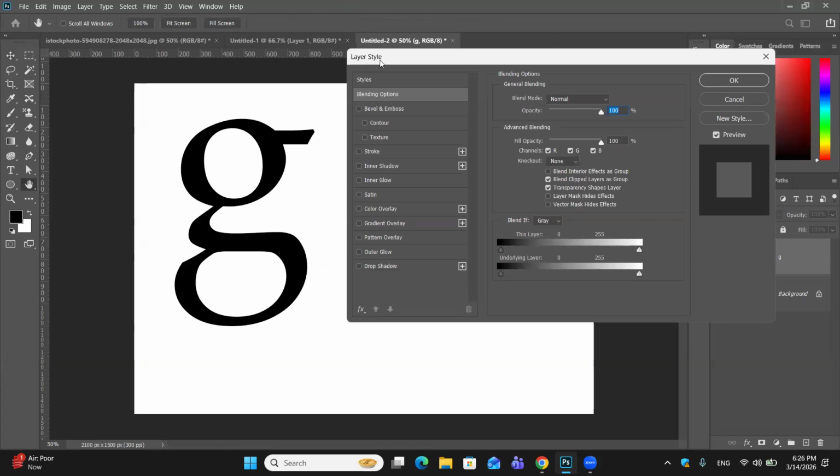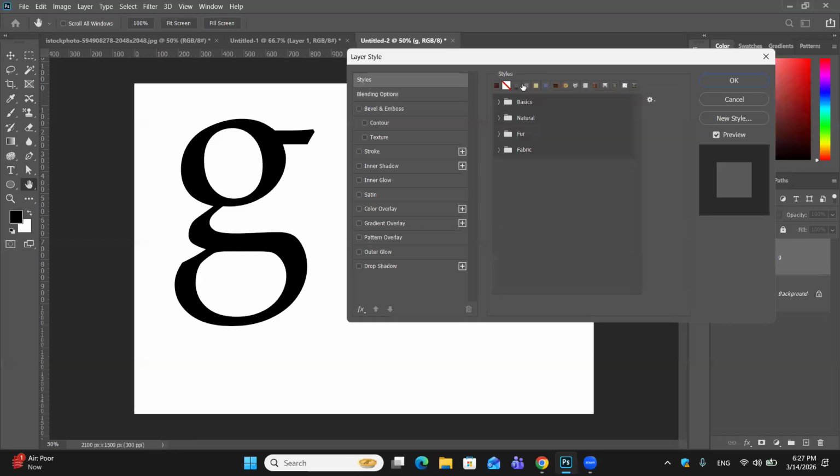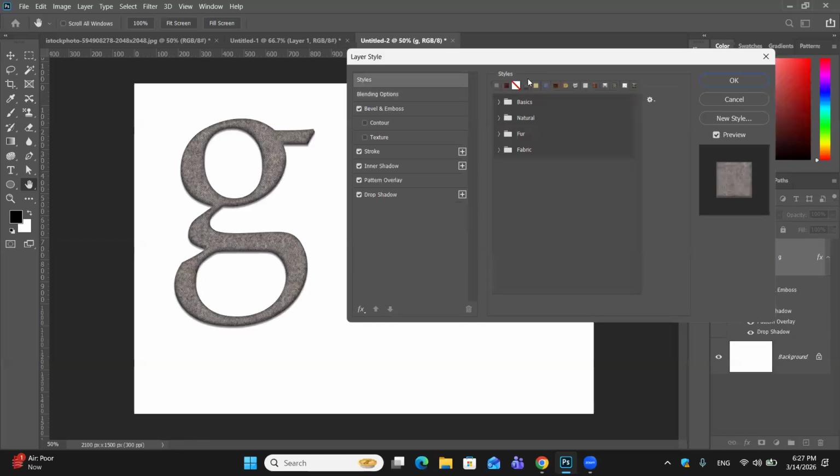Okay, so when you come to blending options, there are style panels. As I told you, there are two ways you can take a style in Windows, from the Windows menu or from here, styles. For example, if I apply some effect over here and I have clicked,